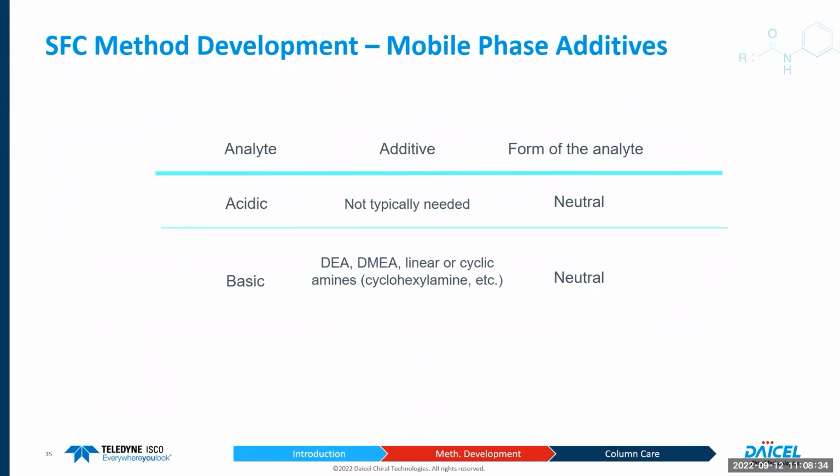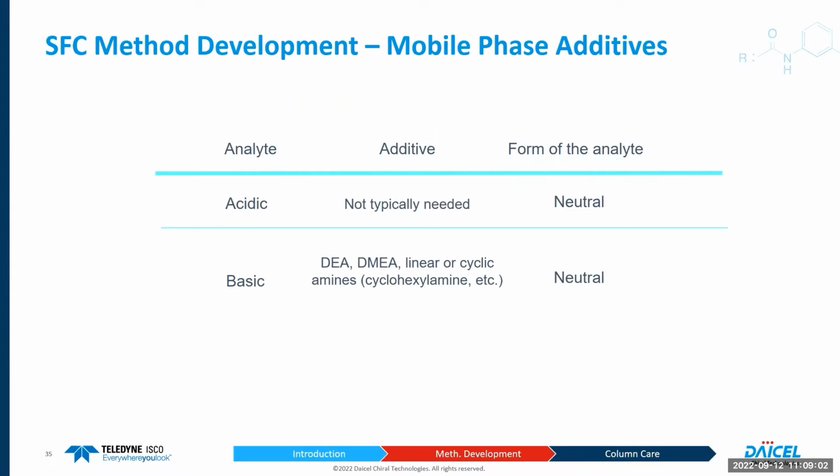Mobile phase additives are extremely important for all chiral chromatography, as it is in chromatography in general. The nice thing about SFC for acidic analytes is that you don't need any sort of additive. So you can run CO2 methanol, CO2 ethanol, and not have to worry about, say, formic acid or trifluoroacetic acid. But basic analytes definitely need an additive. Something like dimethylethylamine,